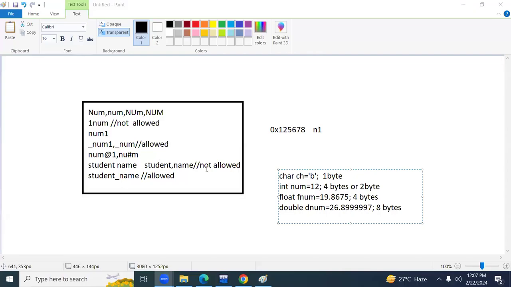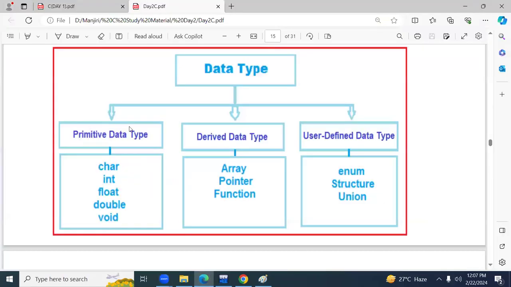Okay, I'll just share my screen. Give me a moment. My screen is visible to all of you? Okay,